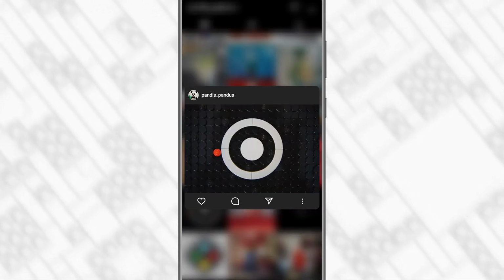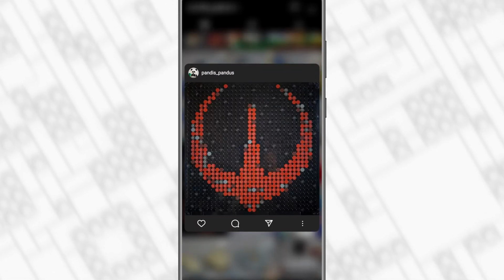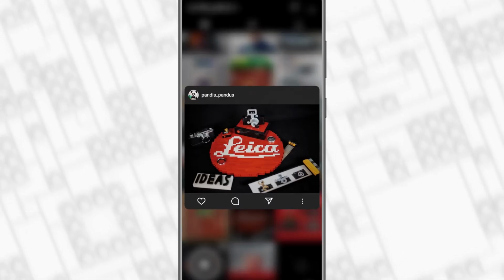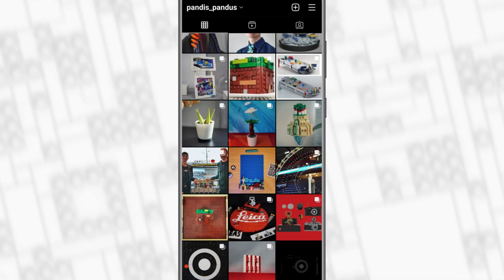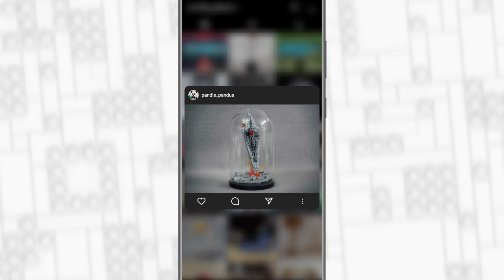The list for future LEGO mosaics I want to build is long, but I won't post a mosaic every Monday anymore. From now on, it's quality over quantity. Then we get to some uploads related to LEGO Ideas and the LEGO exhibition, but we'll talk more about that in the next segments. Some other creations that we can see in the feed are creations built in glass domes,